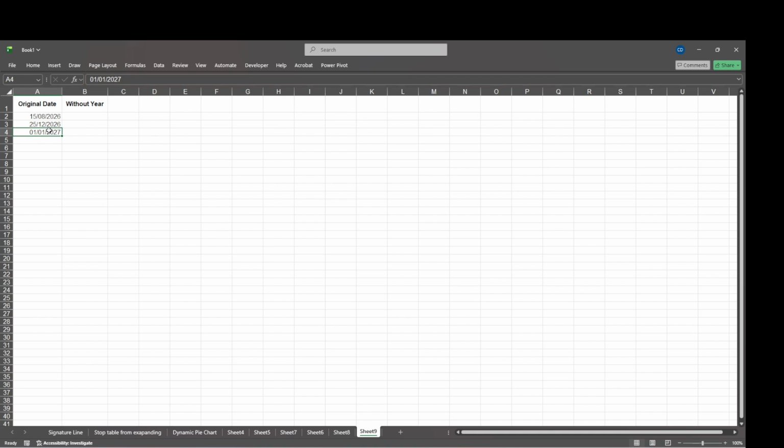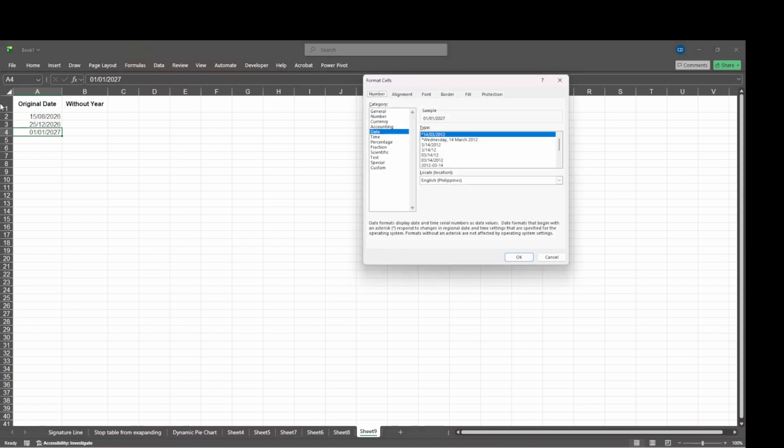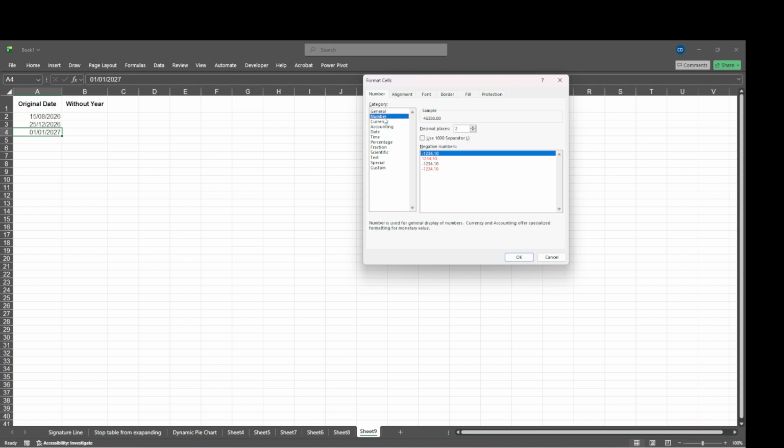This is usually the recommended method because it changes only how the date appears on the sheet. The actual value in the cell remains a complete Excel date, which means you can still sort, filter, and use it in calculations normally. To do that, select the cells that contain your dates. Then press Ctrl and 1 on your keyboard to open the Format Cells window. In that window, click the Number tab, then choose Custom from the list of categories. In the type box, enter a format such as